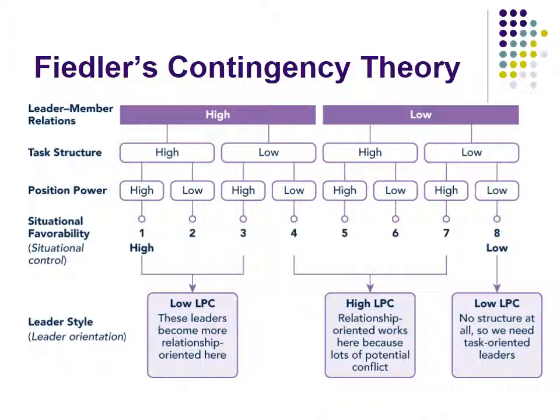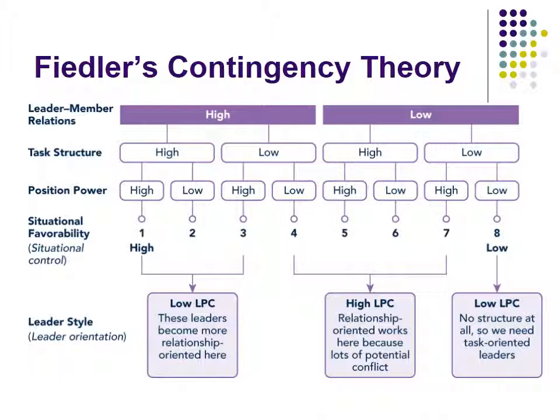In other words, the only person that's going to succeed when there are already negative feelings towards management, an ambiguous task, not a lot of power, and low situational favorability in the organization, is a task-oriented leader. Generally the feeling in the organization is fairly low. That's when we're going to need a task-oriented leader. Those two far ends of this theory are fairly well supported. Generally speaking, if you're in a situation where the company is basically bad in almost every one of these, with bad leader-member relationships, low task structure, not a lot of position power, and an overall atmosphere that is bad,